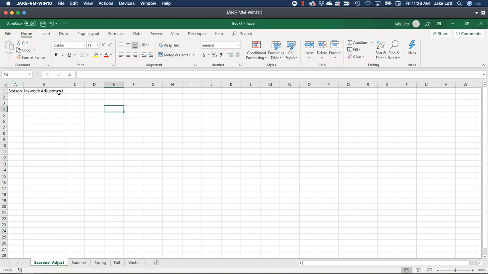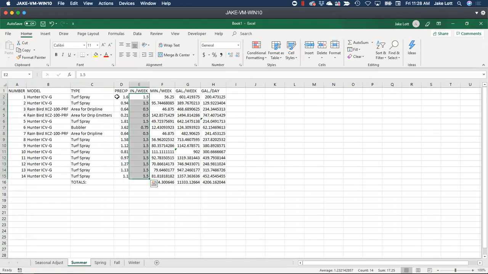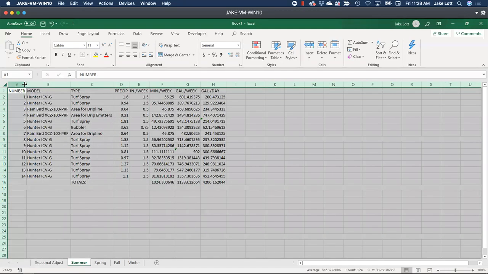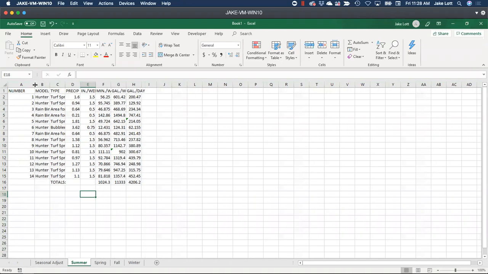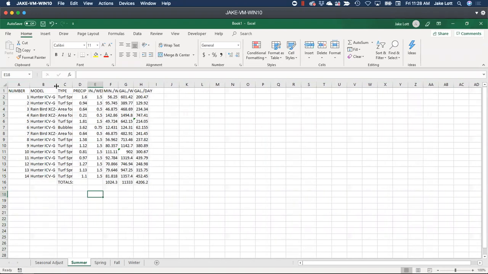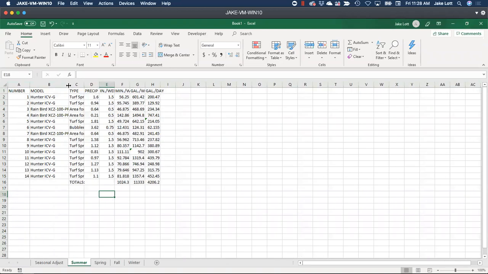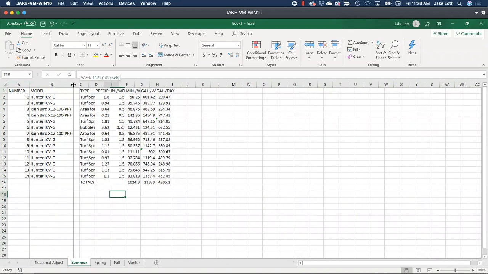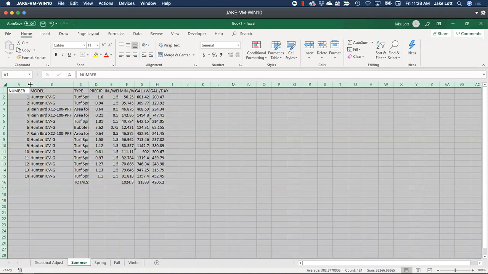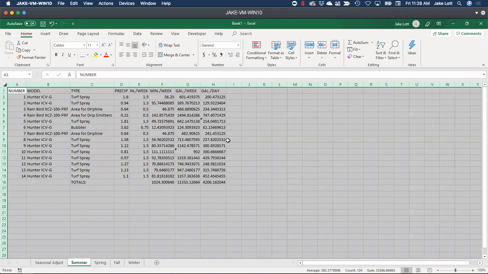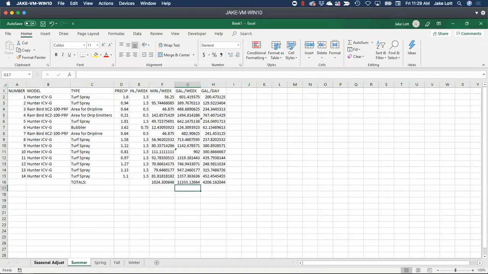So such a great time saver, especially when we have something like this where maybe all of these were cut off. Maybe you got a spreadsheet like that. Instead of going through and trying to manipulate this to be the right size to fit everything else like this, all I need to do is select everything, double click, and it adjusts everything. Very, very nice little tip there.